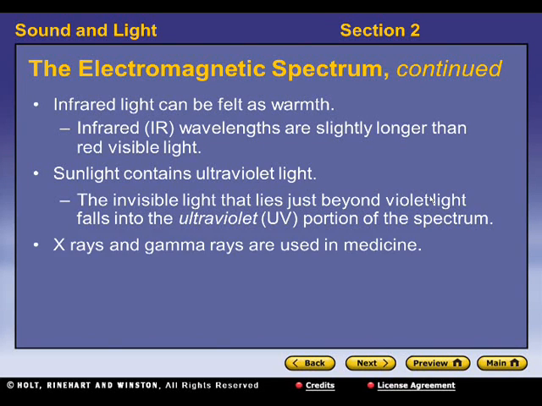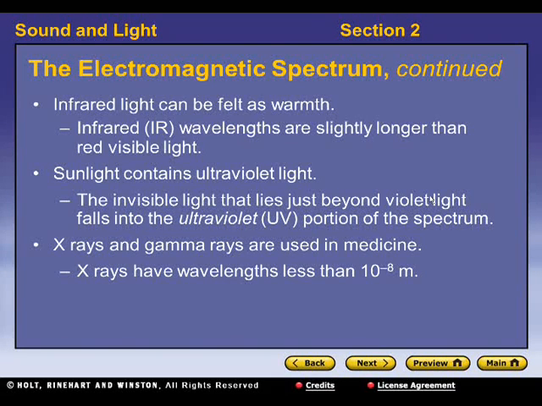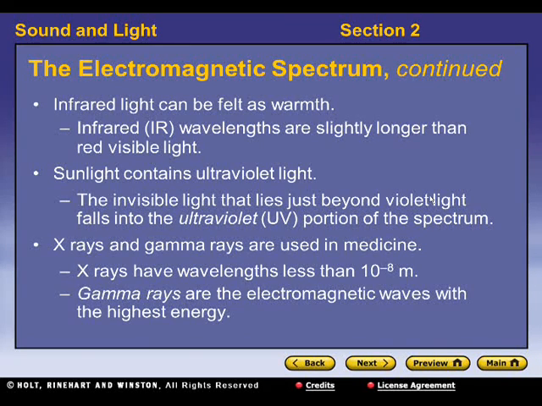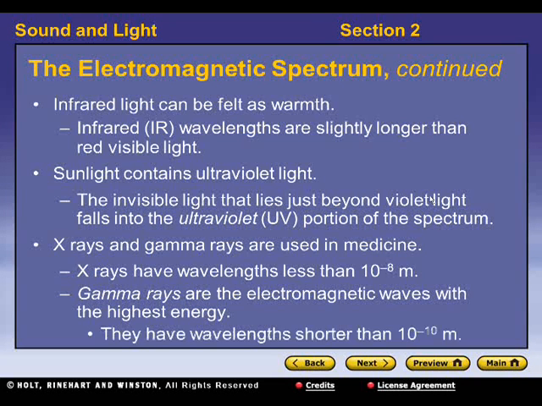Sunlight contains ultraviolet light. Ultraviolet light is a portion of the UV spectrum. X-rays and gamma rays are used generally in medicine. X-rays have wavelengths that are less than 10 to the negative 8th meters. They're very small. And gamma rays are electromagnetic waves with the highest